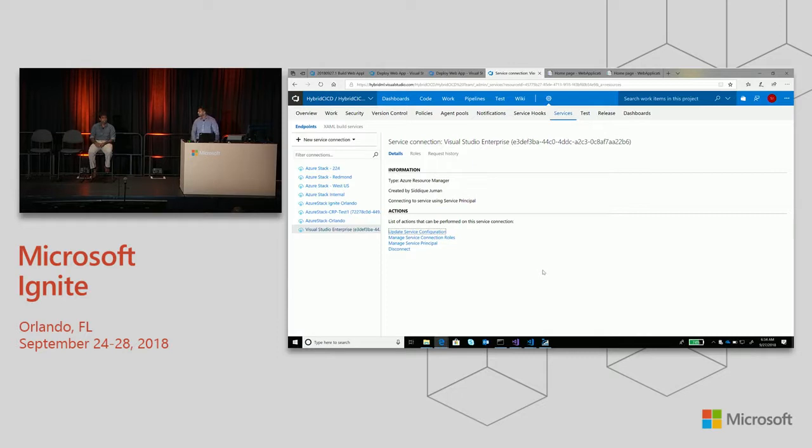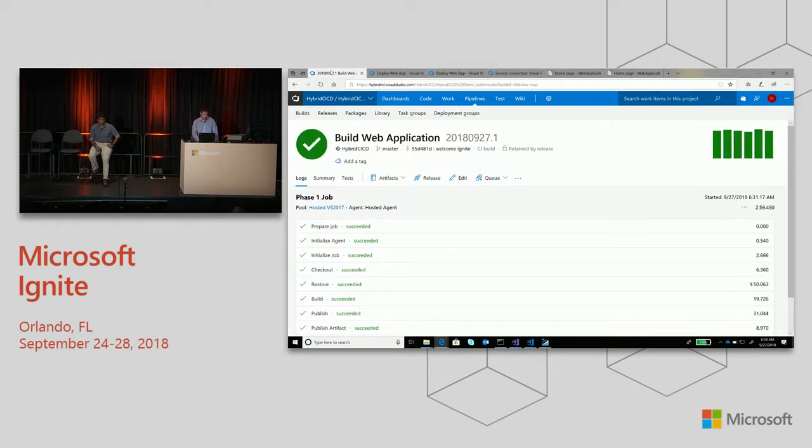So you don't have to give the ARM endpoints for Azure because it's all commonly known. It's a single tenanted instance, but for an Azure Stack, we might have multiple instances of these things. Yes, and the Azure Stack endpoint is unique. So that's one of the reasons why you stipulate your Azure Stack endpoint in doing this. So let's see if the build is complete.